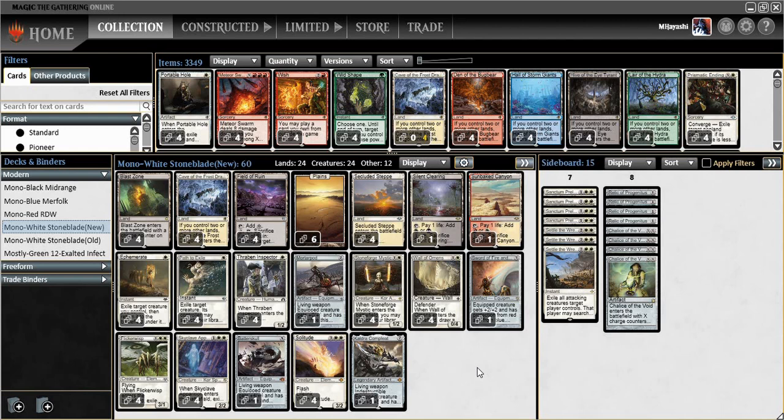I think that having basically 24 lands, only 6 of them being basic lands, all the rest being utility lands, gives us an unprecedented amount of utility in our land base and the ability to basically never mana flood, which is kind of a consistent theme in my deck building. It also